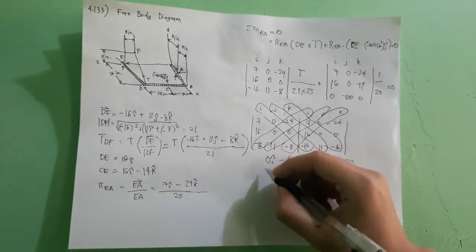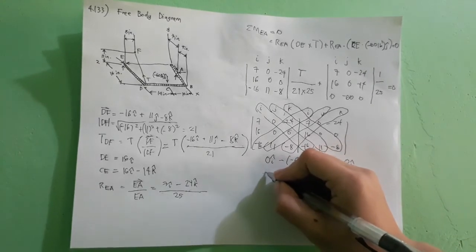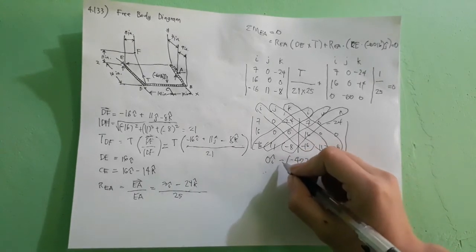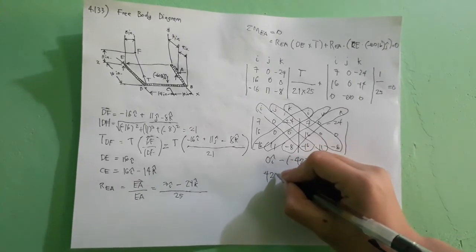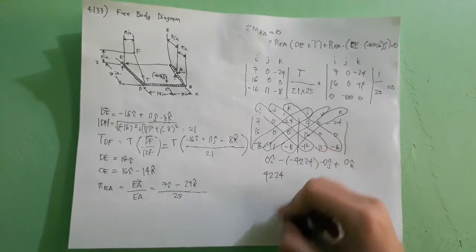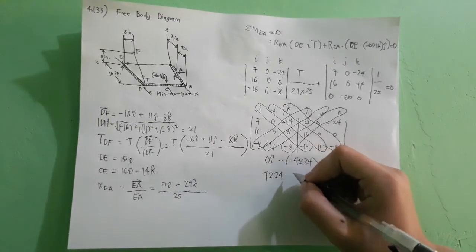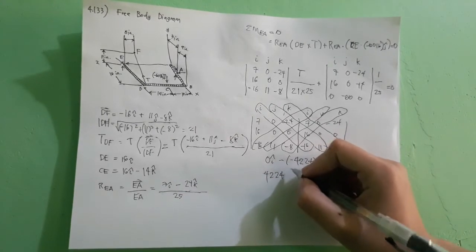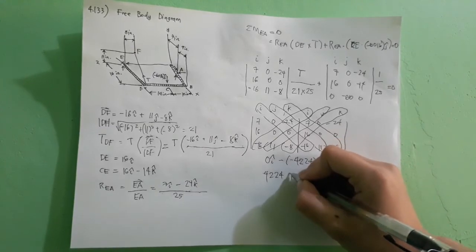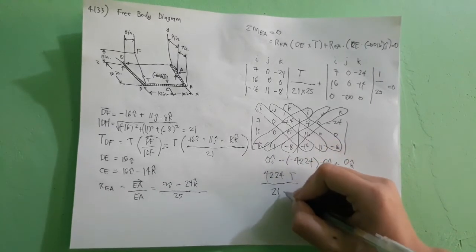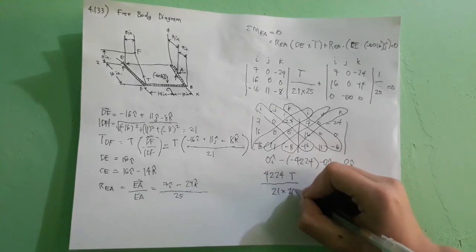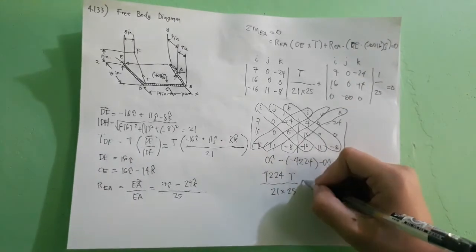So we have positive 4,224 T over 21 times 25 plus,